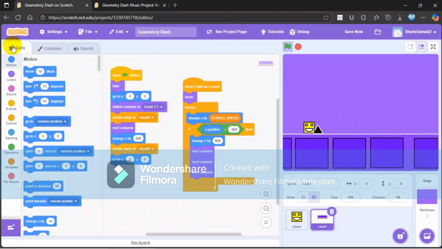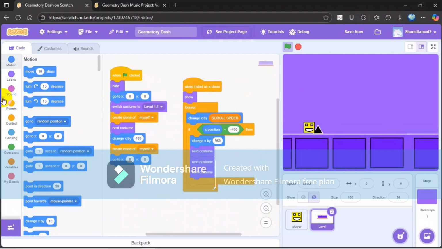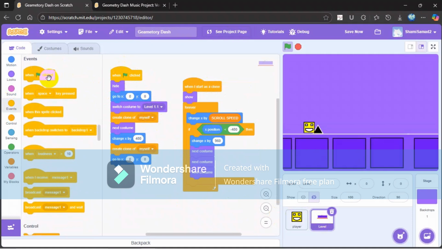And then what you do next is make the thing actually scroll. So what you do is, hold on. So what you do is, bring the when flag is clicked,